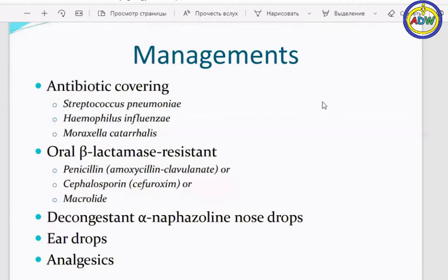Of course, when we choose antibiotics, we have to see the patient's clinical features of disease. Sometimes it's characterized by complications. In this case, we have to use IV. And sometimes one antibiotic will not be enough, and we use a combination of antibiotics. For example,